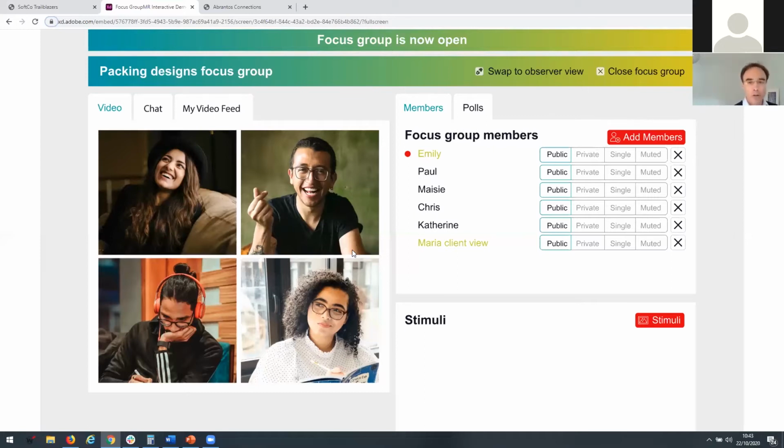The real estate on the screen all looks the same. So I can see the 4 members. When somebody speaks, it doesn't suddenly blow up the face to fill the screen. I can always see all 4 people. So I can watch 4 people and focus on those 4 people as though I'm in the room.